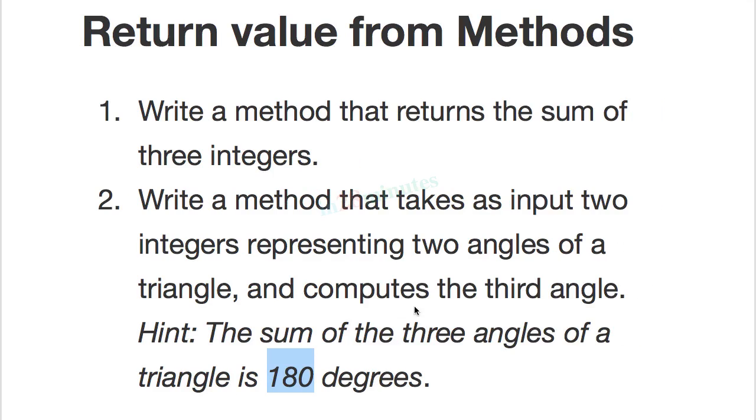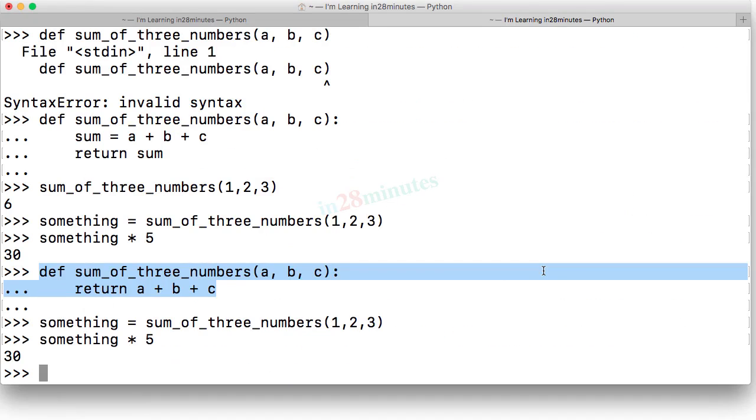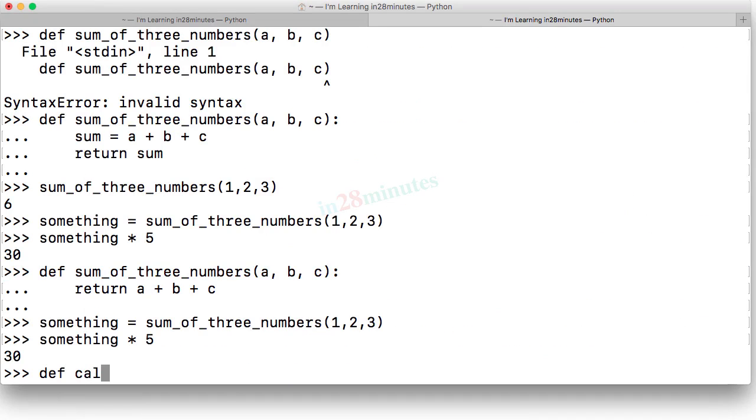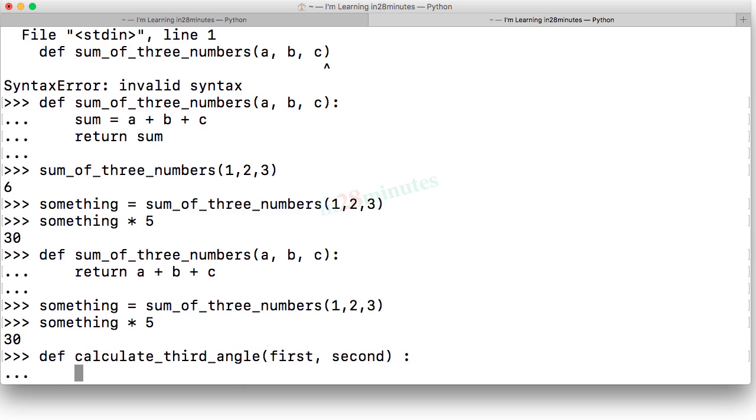The second exercise is to write a method to take two integers representing two angles of a triangle and compute the third angle. How do we do that? So def calculate_third_angle. I'll give that as a name, and I'll say first, second colon. Over here you can create a temporary variable. You can say third is equal to 180 minus first plus second, or I can do return 180 minus first plus